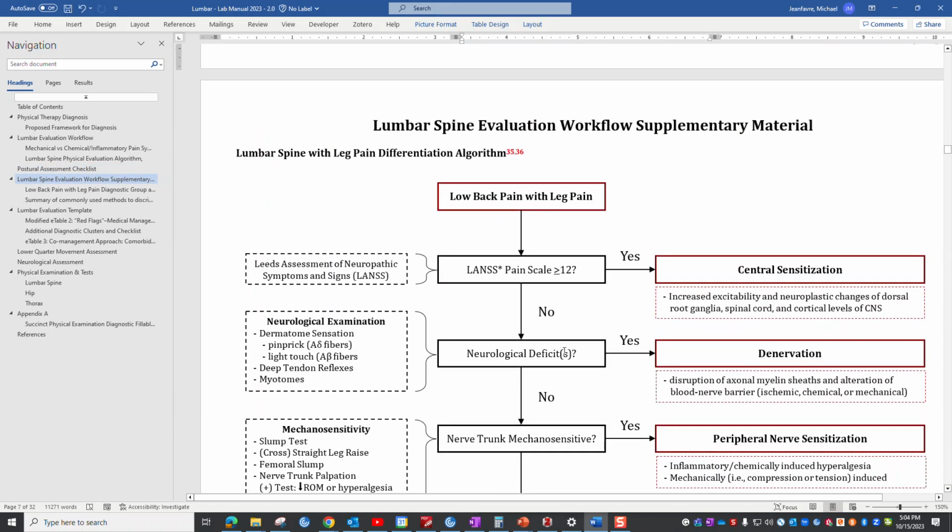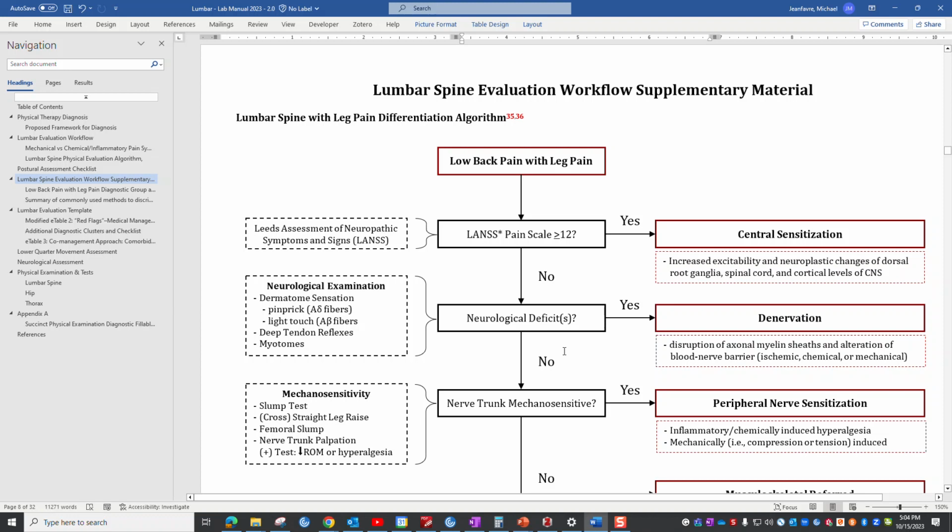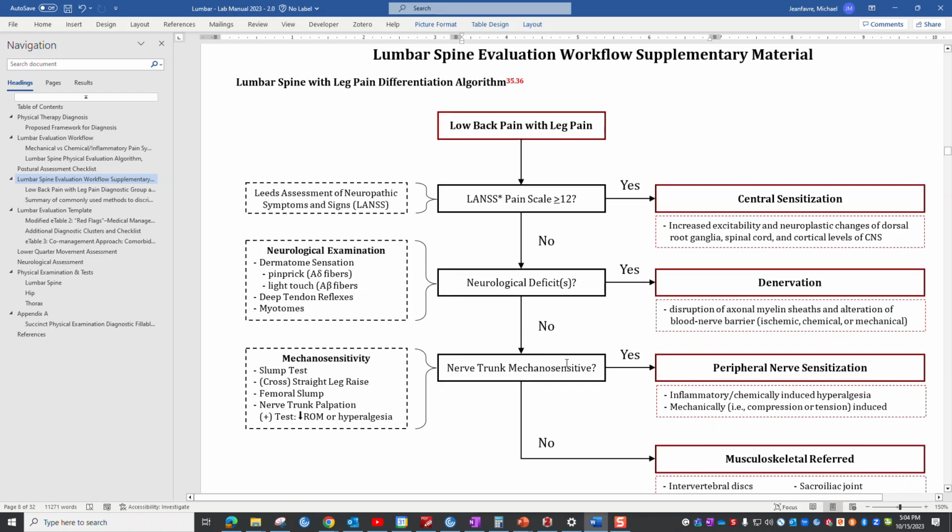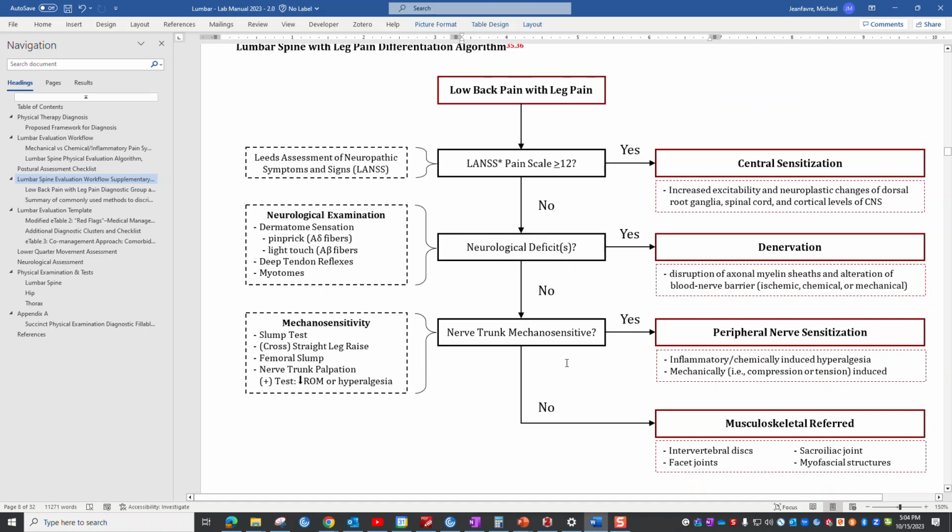Okay. And then for those individuals where a neuro screen would otherwise be indicated, or those that have back pain with associated leg pain, and you're trying to discern whether this is somatic referred, be it a sclerotome, be it neuropathic, be it radiating, be it referred pain, and so on and so forth, then this algorithm has been really helpful for me. And so we can use the Lane score, we can look at neurological deficits or insults and function within